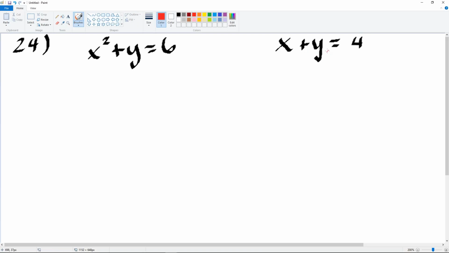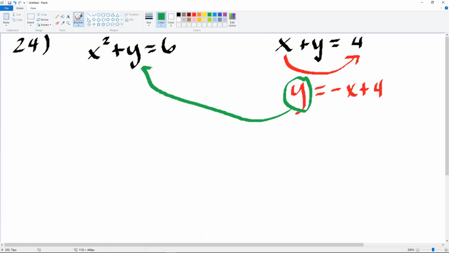I'm going to take this one here, the second one, and I'm going to solve it for y. So I'm going to move x to the other side, so I get y is equal to negative x plus 4. Now what I'm going to do is, here's y, because I know what y is, and here's y, so I'm going to plug it in. So I now have x squared